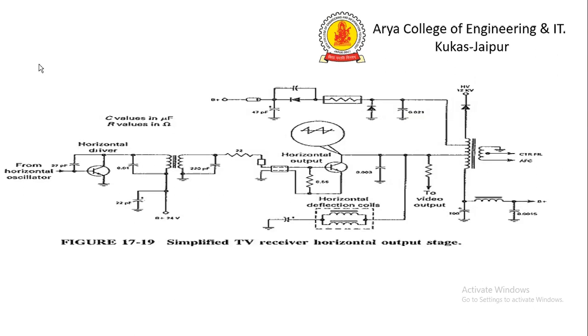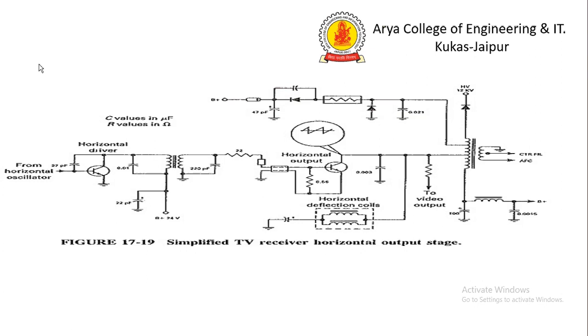Simply, this is the main circuit diagram of the simplified TV receiver, which shows the horizontal output stage. The main focus is on the oscillator. Previously, we saw how to oscillate a circuit in different forms, like the Hartley oscillator, Colpitts oscillator, RC phase shift oscillator, and Wien-Bridge oscillator. We can calculate the frequency with the help of resistance and capacitor. In an LC oscillator, the frequency can be calculated with the help of inductance and capacitor. Different values of L and C generate different frequencies.